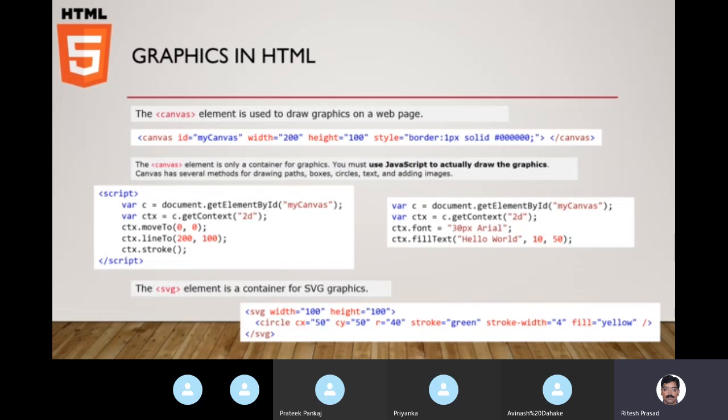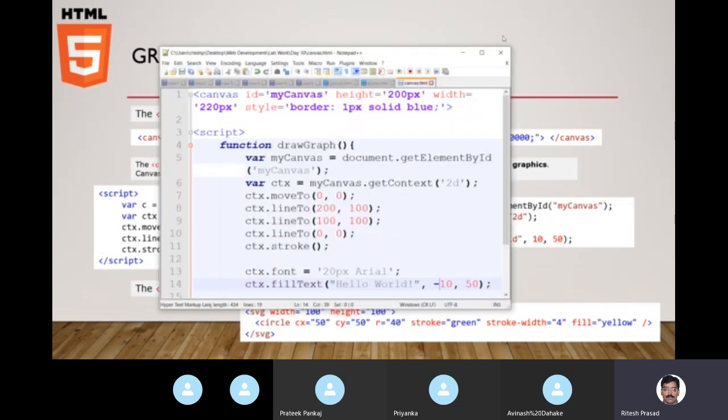But in SVG, you are doing it in declarative form. So if it is not changing dynamically, SVG will be a lot easier than Canvas because you don't need to know JavaScript for SVG. Okay, let's create this example in our page itself. I have already used Canvas, and let me put up